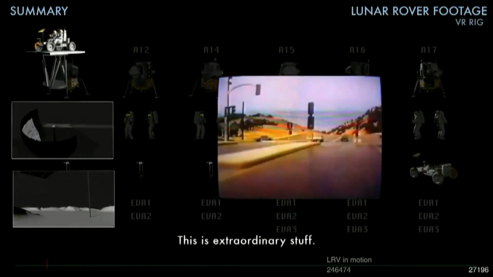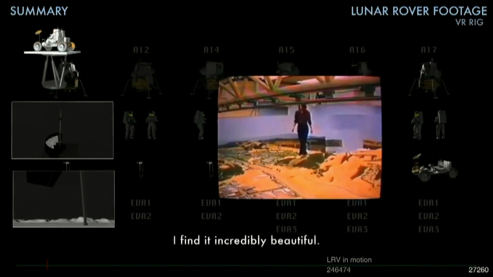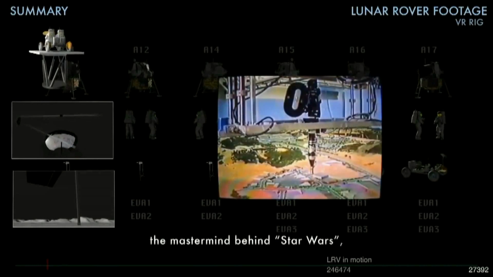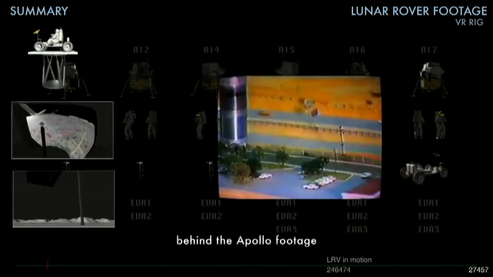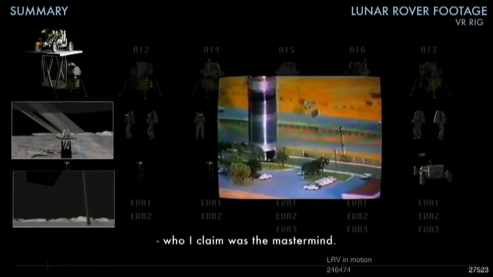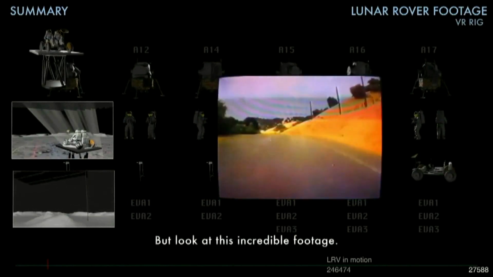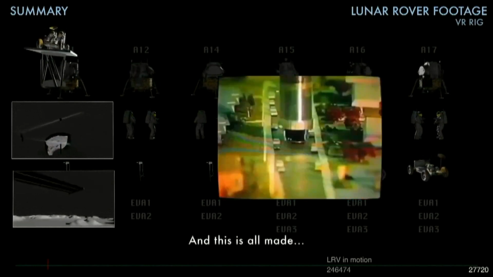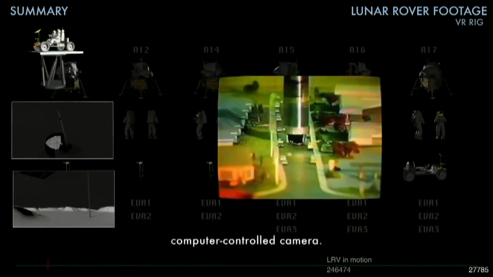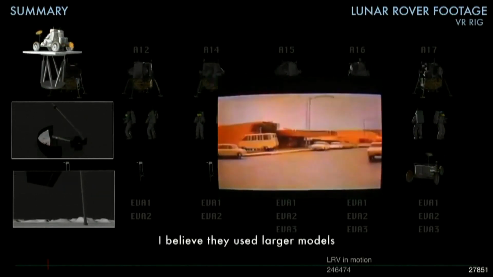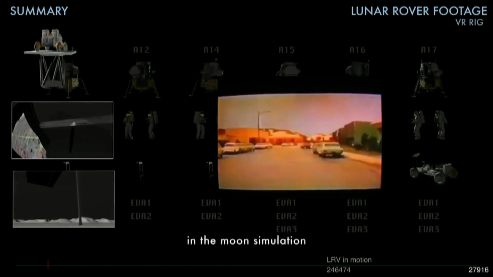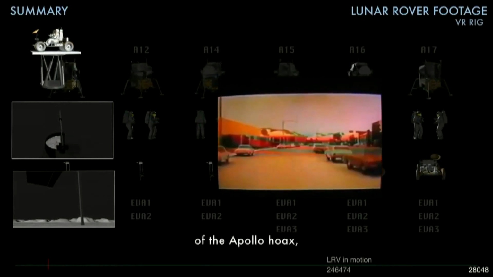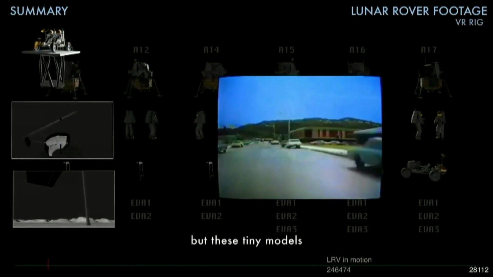This is extraordinary stuff. I find it incredibly beautiful. This is John Dykstra, the mastermind behind Star Wars, who trained under the mastermind behind the Apollo footage, who would claim was the mastermind. But look at this incredible footage. That looks real to me. And this is all a computer-controlled camera in a tiny, tiny model. I believe they use larger models in the lunar simulation, the Apollo hoax. But these tiny models show extraordinary